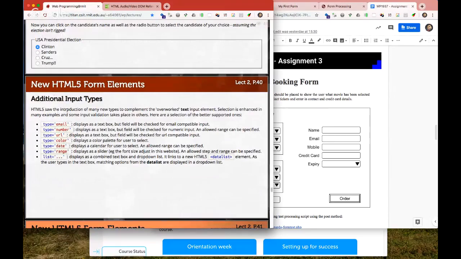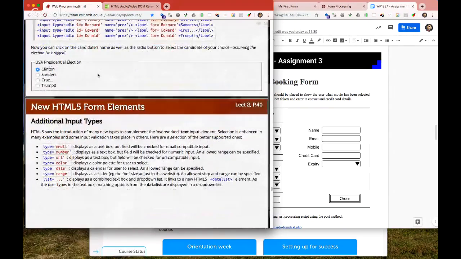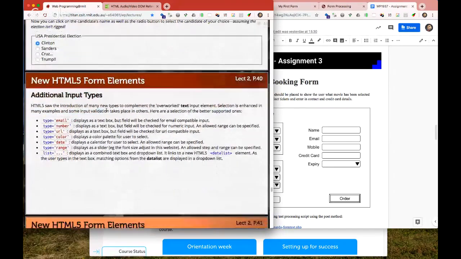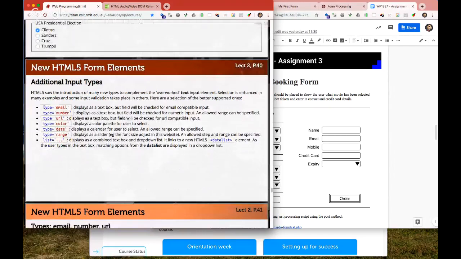So that's the traditional, everything I've shown you. That's basically what's been around for a long time. And then the working group realized we really need type equals email. That text input does a lot of work. So it'd be nice to say type equals email, so the browser can look after some of the email checking